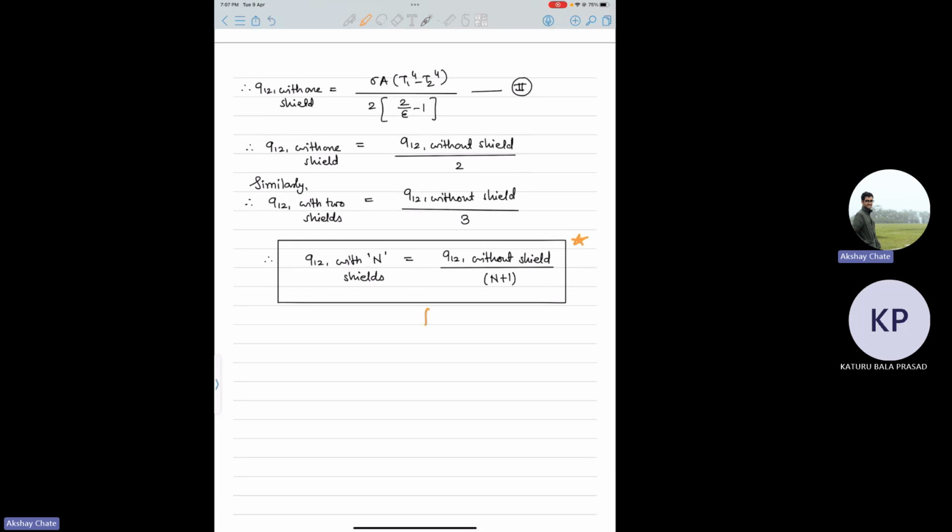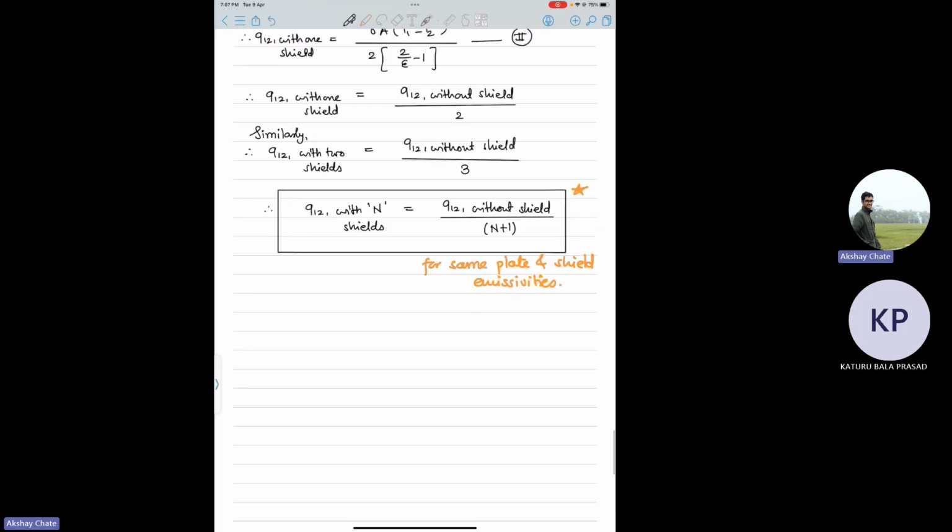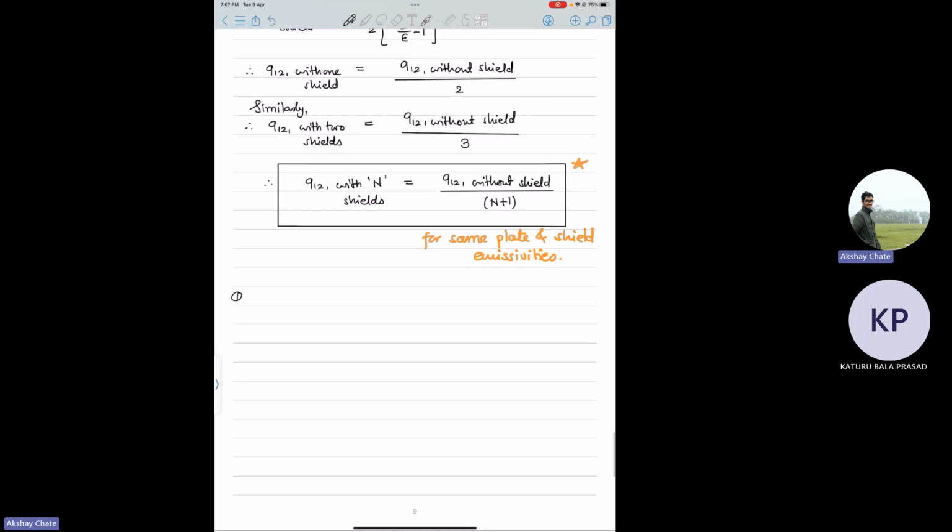And this is for same plate and shield emissivities. Okay, so then I can frame two types of questions here. First question is, I will give you T1 and T2. So let's say T1 I will give you as some 1000 Kelvin, T2 as let's say some 500 Kelvin, and